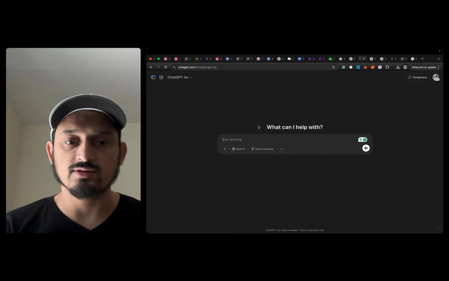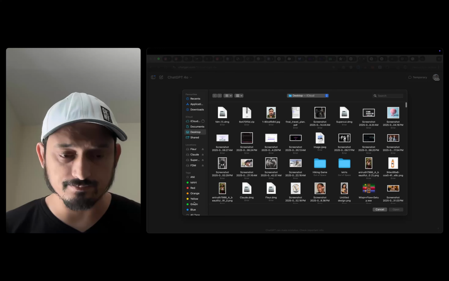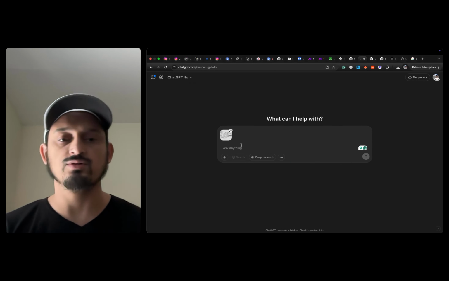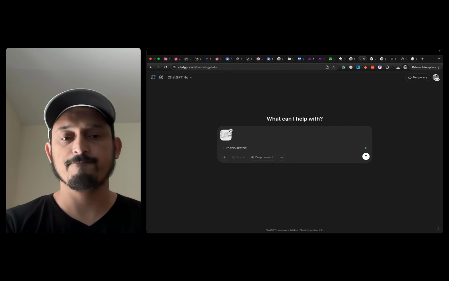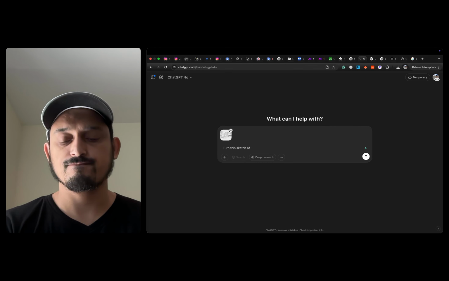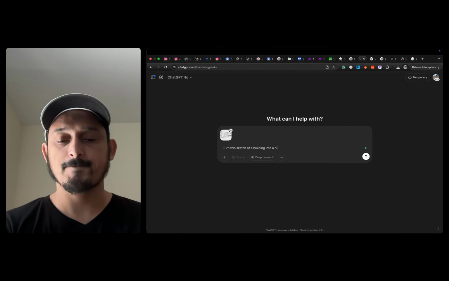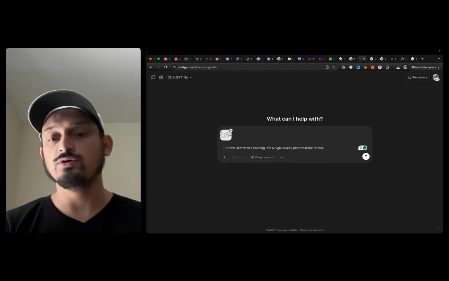In the meanwhile, let's stress test the sketch to image. So I will upload another image in parallel. So I have this image, just added a few minutes ago. Turn this sketch